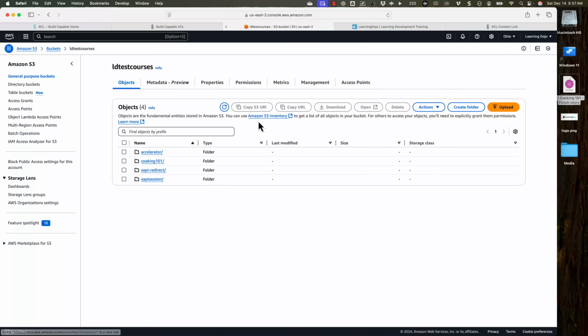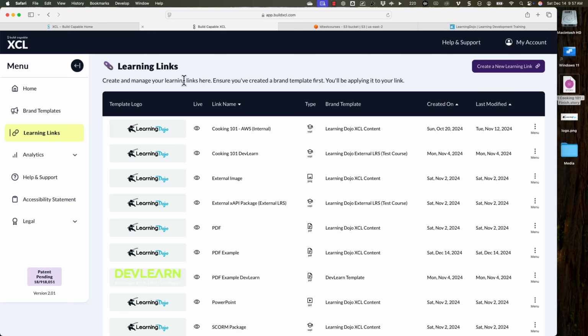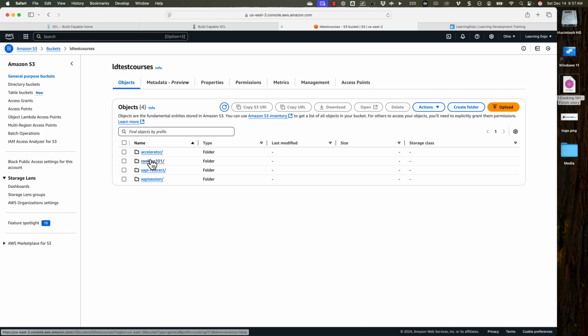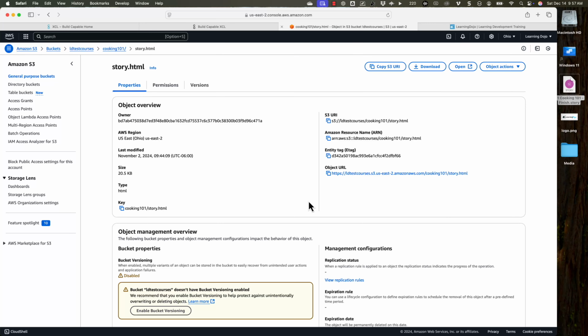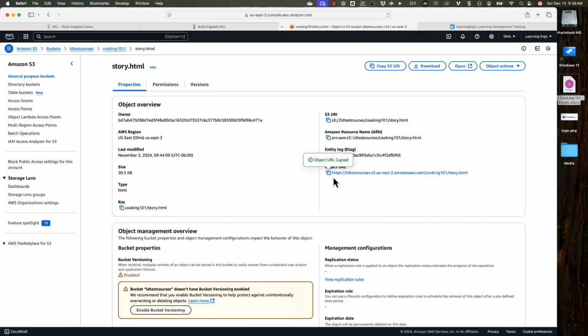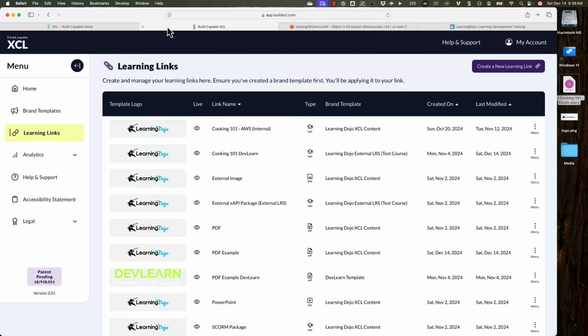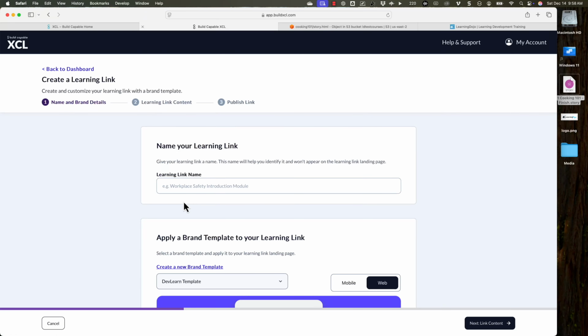And then with the zip file, you can either upload it directly to XCL if you wanted to. Like if you come into XCL and you create a new learning link, you can actually upload it right to XCL itself, or you can upload it to something like an AWS web server. So in this case, I have it all published out. So you can see that it has tincan.xml, other things like that. If I go into this file and go into something like the story.html file, I can go ahead and just copy that. And then if I go back into the XCL tool, I can go ahead and just create the